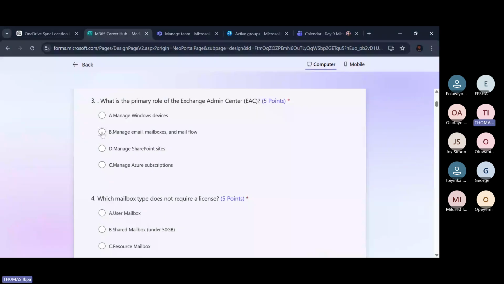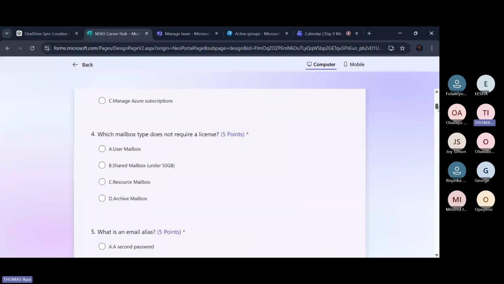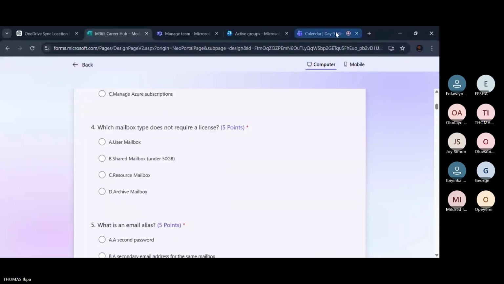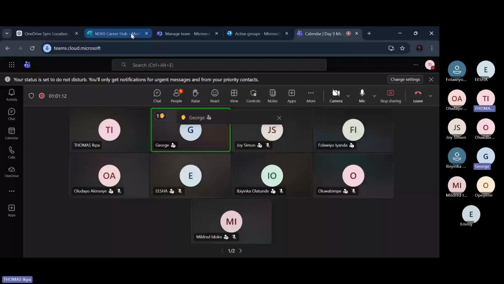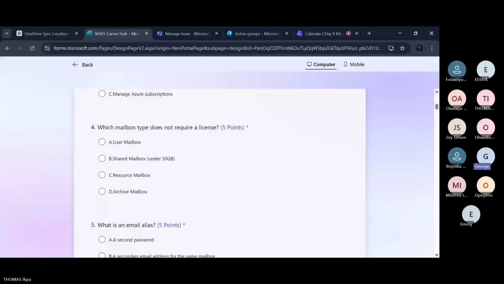Okay. So the next one is which mailbox type does not require a license? Who wants to answer? George. It is a shared mailbox. Okay, and why? I can't see the screen. You can't see the screen? Okay, can you see it now? All right. Can you scroll up a bit? Okay, sorry. It's a shared mailbox because